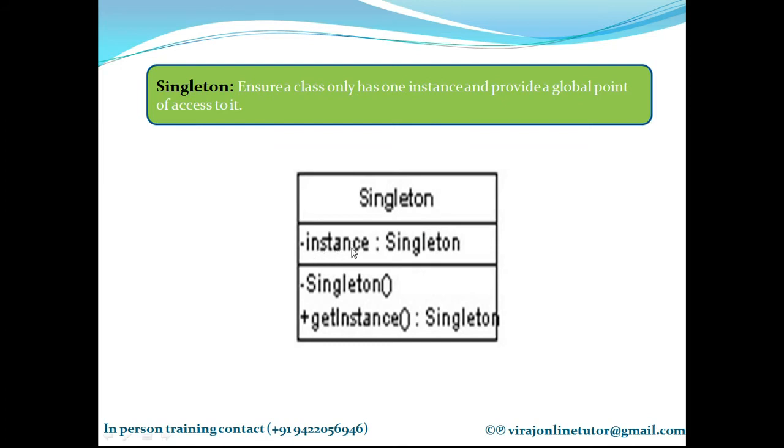This instance variable will save the object of this singleton class, and there is a get instance function which will return the value of this variable. So whoever wants to use your object has to call this function get instance, and there will be logic of controlling object creation to one instance inside this get instance. So get instance will have logic in it which will control object creation to only one.